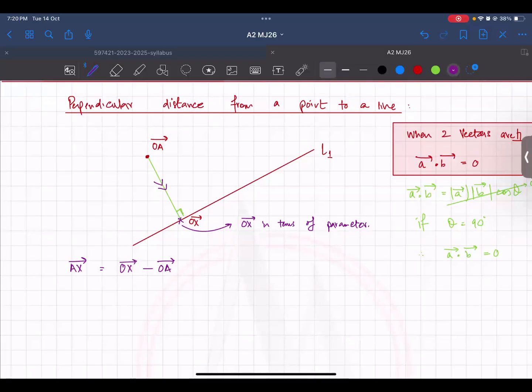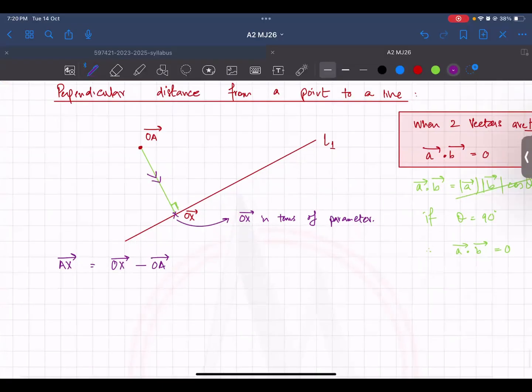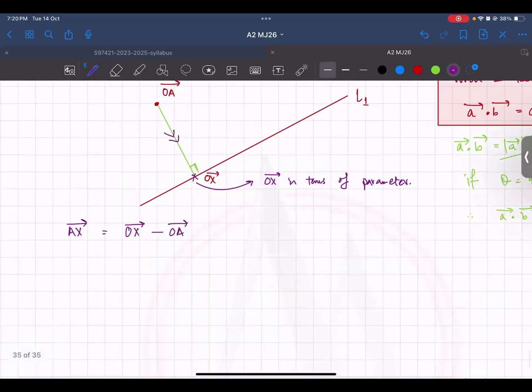Then this vector AX will be perpendicular to the direction vector of the line. So AX dot product with the direction vector of the line will be equal to 0,